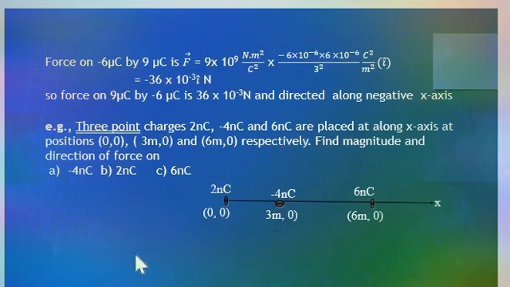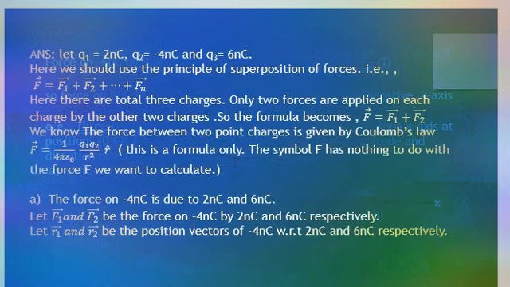Mind you, superposition of force means, what is the hidden meaning? It means that the force applied by each charge is not disturbed by the force applied by the other, that means they maintain their identity. So here we should consider the total force, that means the force due to 2 nanocoulomb plus the force due to 6 nanocoulomb. Suppose we have taken them as F1 and F2, with Q1 and Q2, so F is given like this as per Coulomb's law. F1 and F2 are the forces, and R1 and R2 are the respective distances.